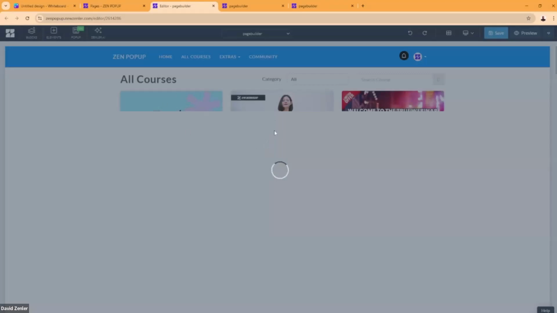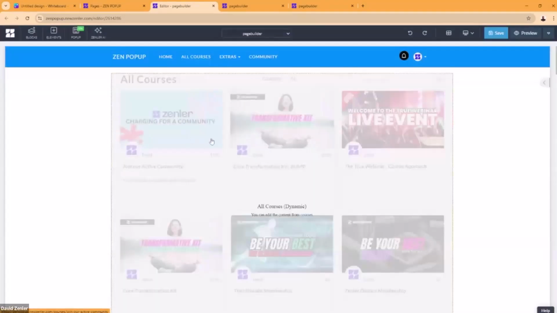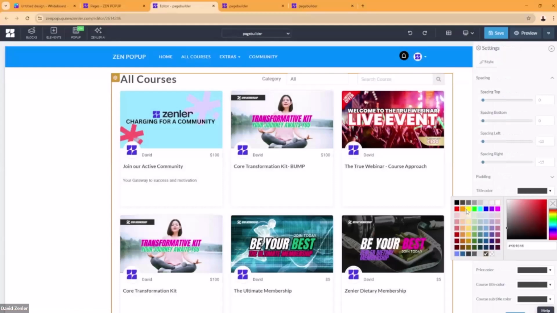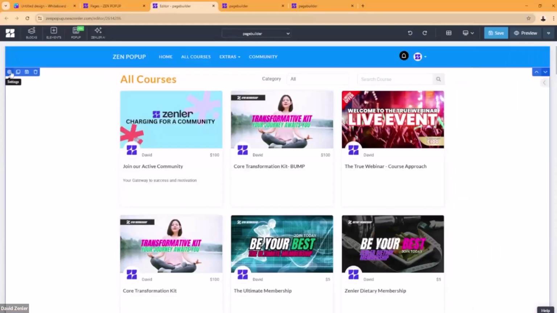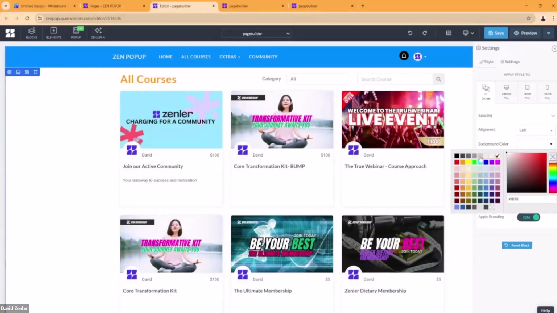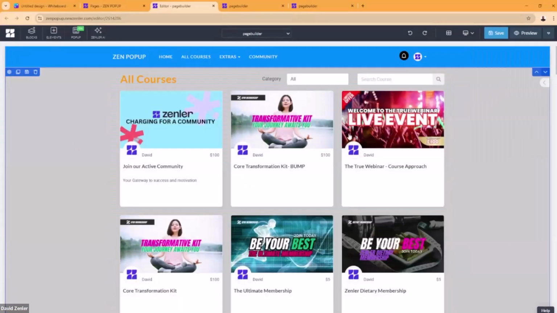These courses are being generated in this block from published courses on my site. You could dump it anywhere you like as well. Inside here, you do have some settings, so you can change things, even the main background color. Again, that's all under the settings.